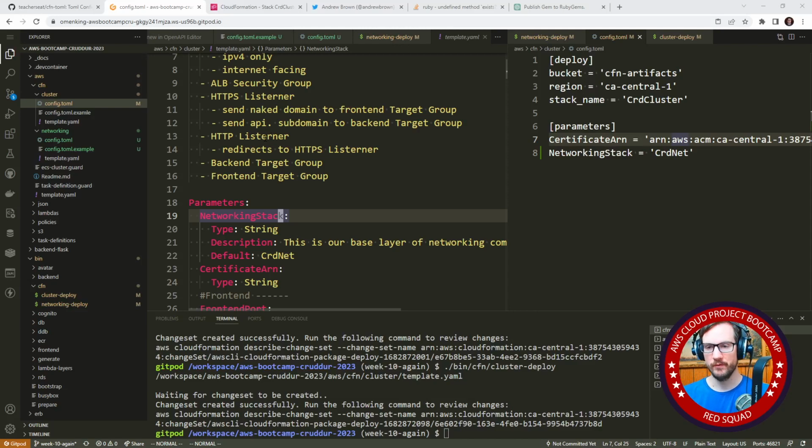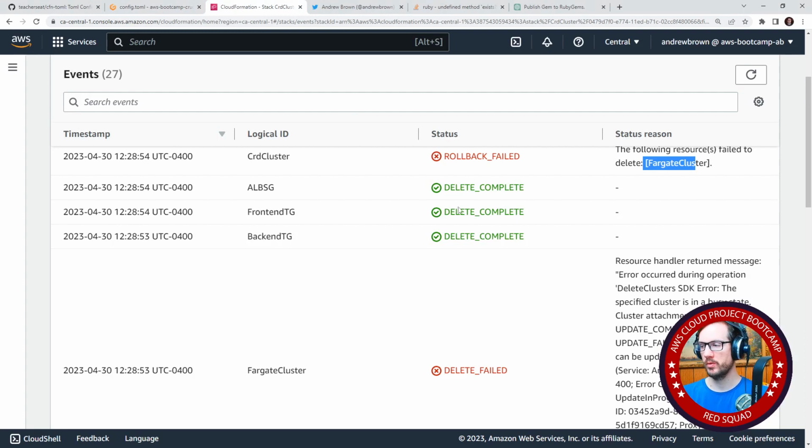All right, everybody, it's Andrew Brown from the AWS Cloud Project Bootcamp, and we are continuing on where we were attempting to deploy our cluster with this additional configuration. And so over here, we were getting some errors, and we'll work through those errors because we do need to have that